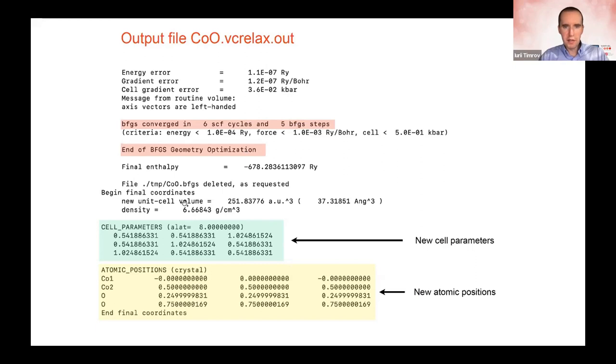And at the end of this run, you will see new optimized cell parameters and new atomic positions. You can see atomic positions are still in high symmetry positions. There is just some numerical noise because we use a bit too loose input parameters. But if you use tighter ones, you should reduce the noise. And the cell parameters did change indeed quite a bit. So with this new geometry,